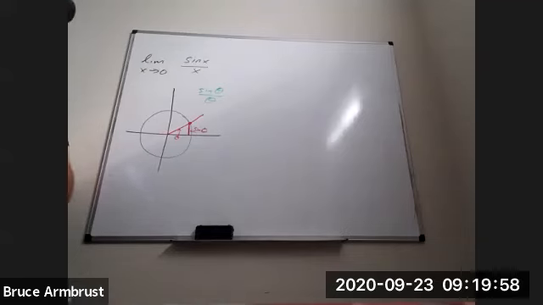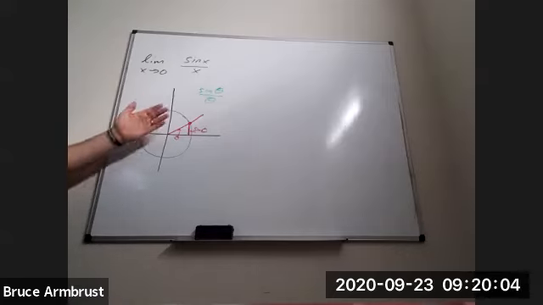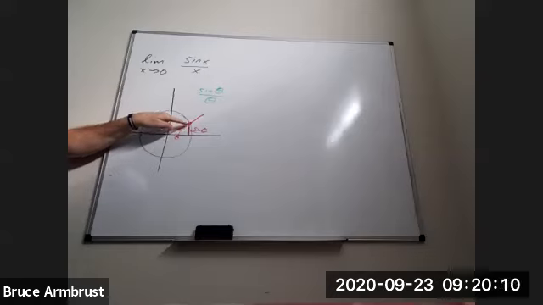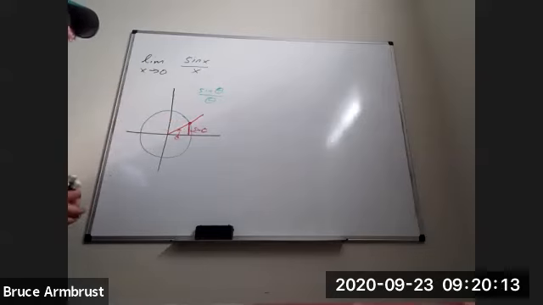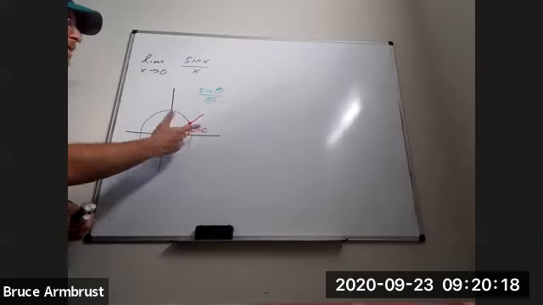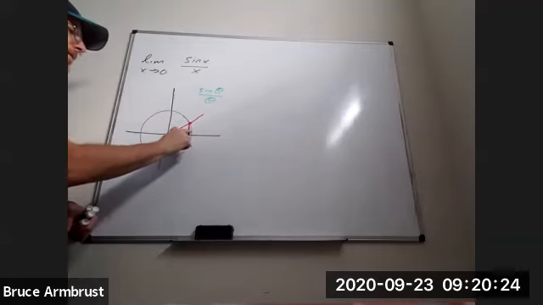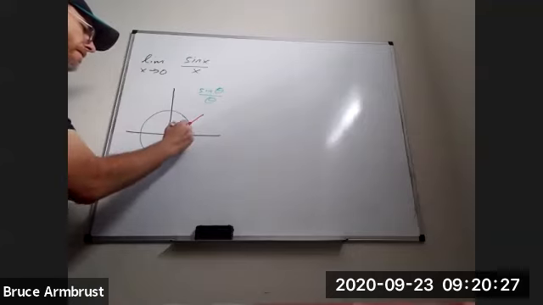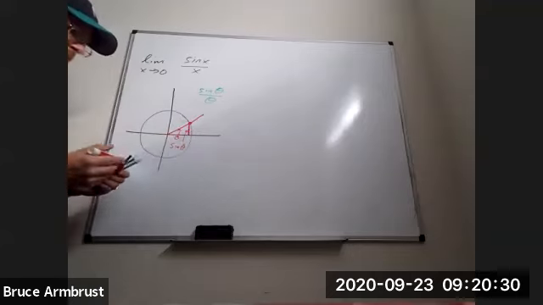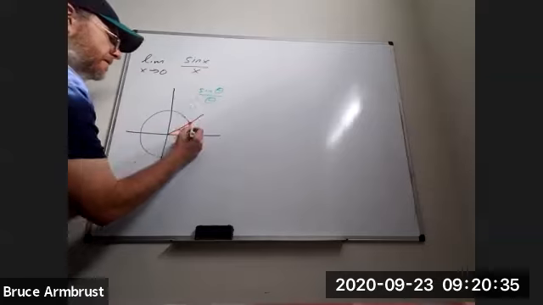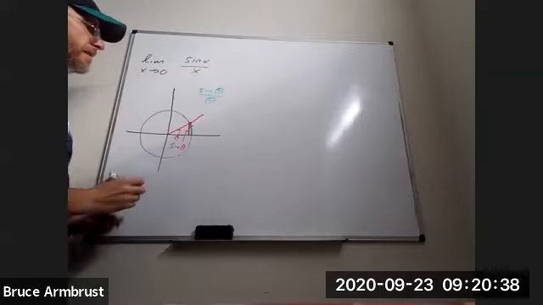So let's think about what's going on. We've got sine theta over theta. Obviously, as theta gets smaller, that angle gets smaller. This length also gets shorter. But it's a little hard maybe to see exactly what's going on in terms of that ratio. Now, I'm going to help you out a little by reminding you about arc lengths. If we want to measure the arc length here, that guy right there,